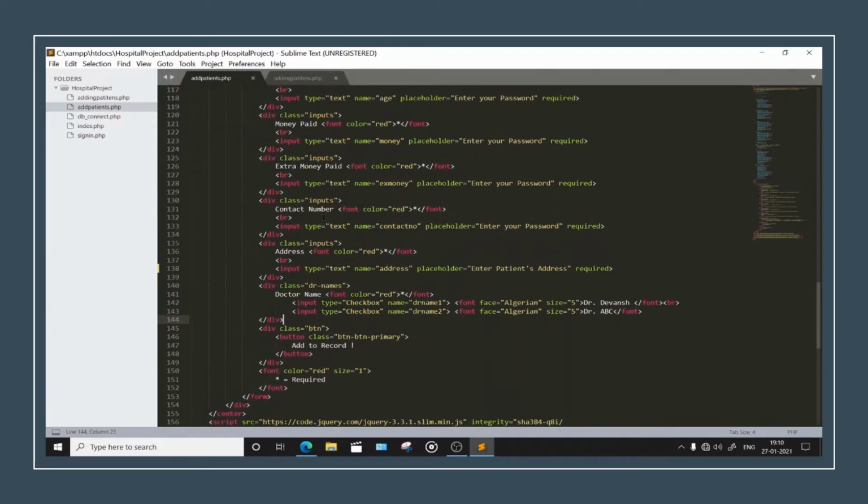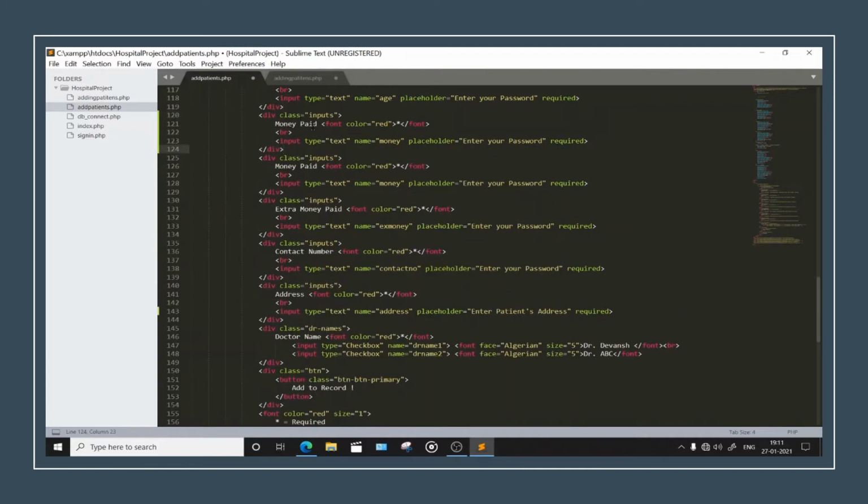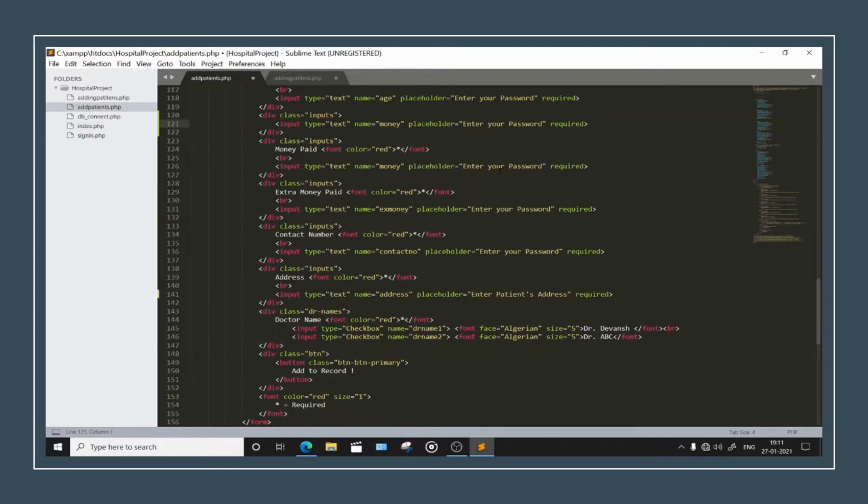Okay, so well, let's head down to this place, where's money, contact number, and so on. Okay, here we have money, right? Just put one more above this because we have made one FOC. So let me just head down and make FOC here. We just need to remove this required, and the input type is a checkbox, and name equals FOC.